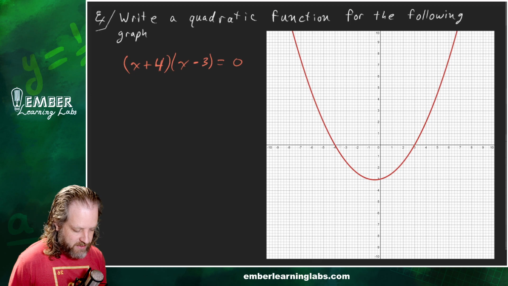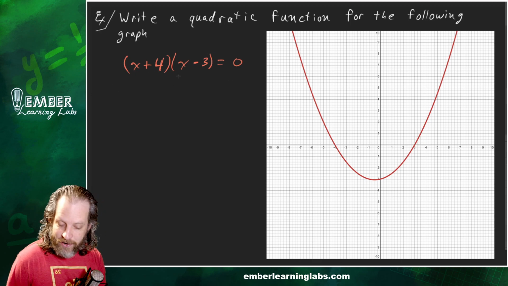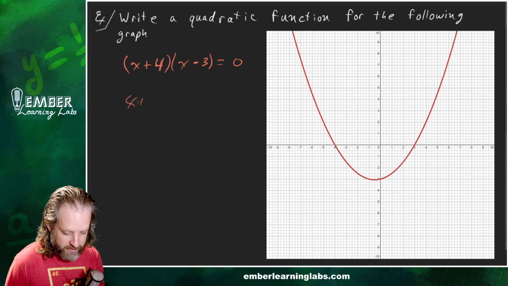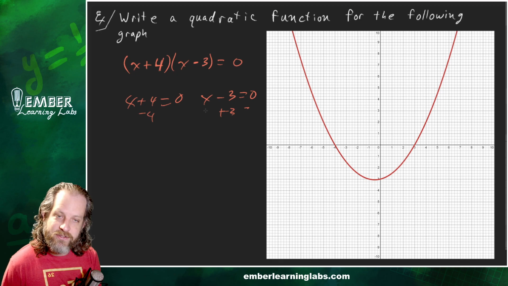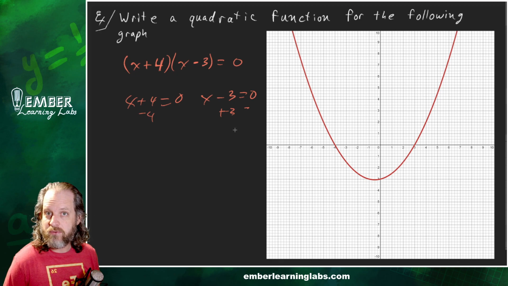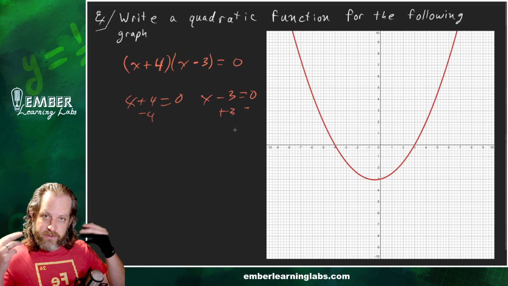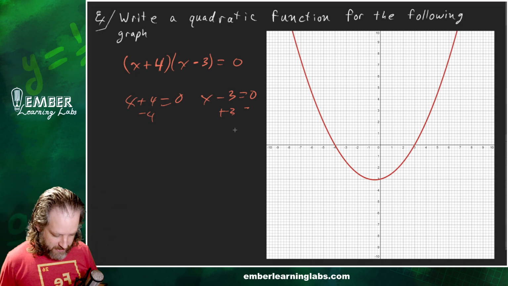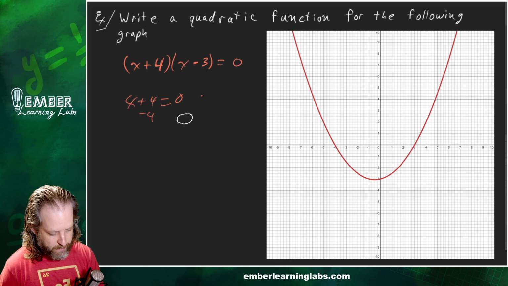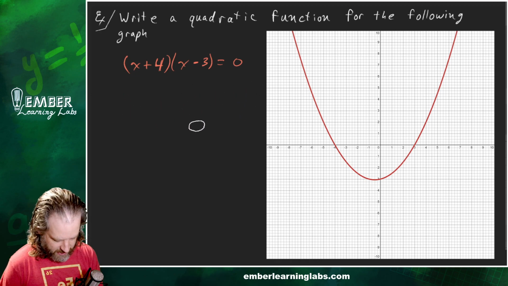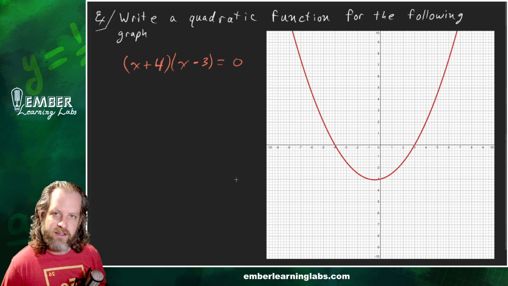Now, why is it plus 4 and minus 3? Well, if we were to separate this and split it out, x plus 4 equals 0 and x minus 3 equals 0. We would subtract 4 and add 3 on both sides, and so the signs will flip, right, when we go back into the factored form. The signs from the factored form to the answers, they flip for those roots, as I called them, or the zeros, right? So now here's the trick, though,